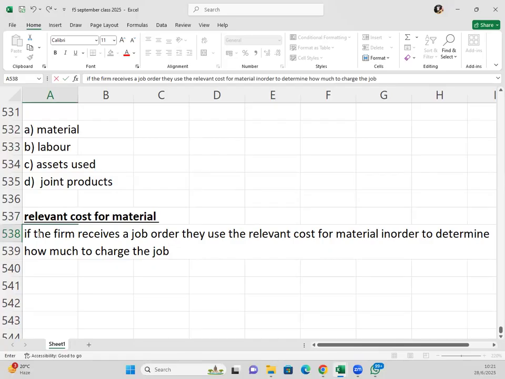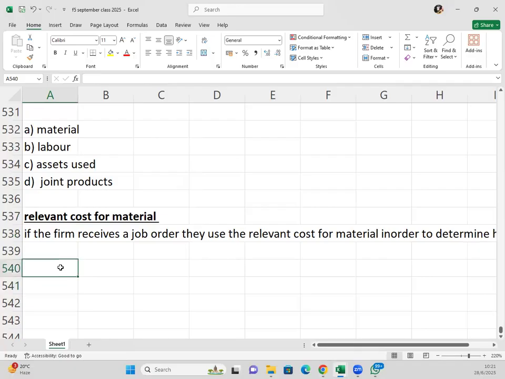So if we need material and labor, you calculate the relevant cost for material and the relevant cost for labor, then you charge your price. But we want to look at material first. How do you get the relevant cost of material? There are questions you have to ask yourself. Which are those questions? When you're determining the relevant cost for material, the first question,